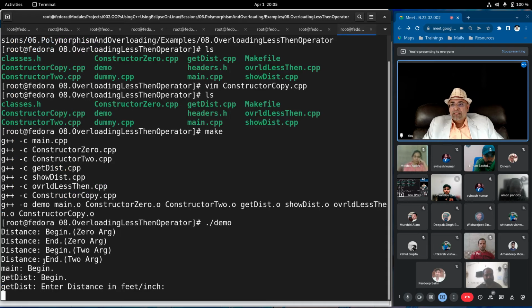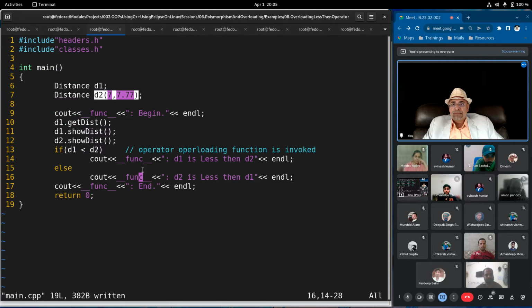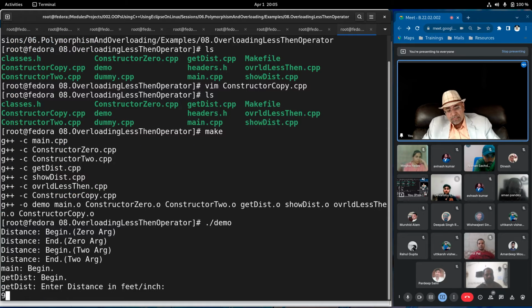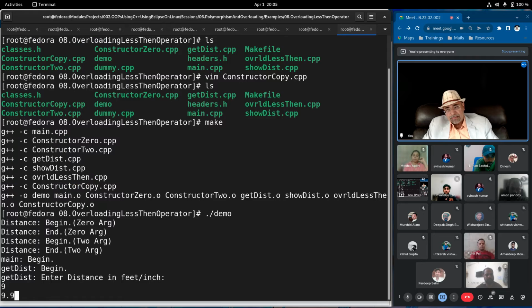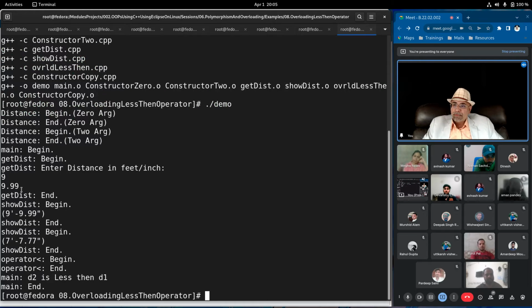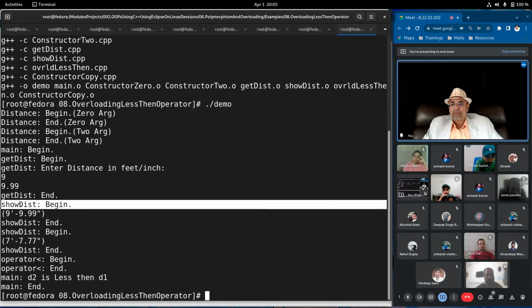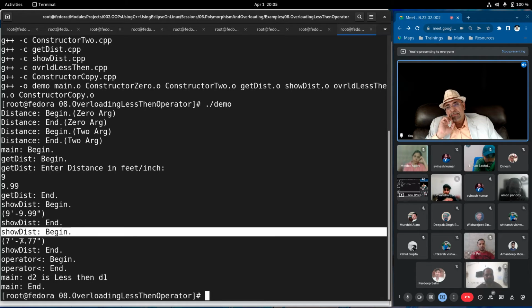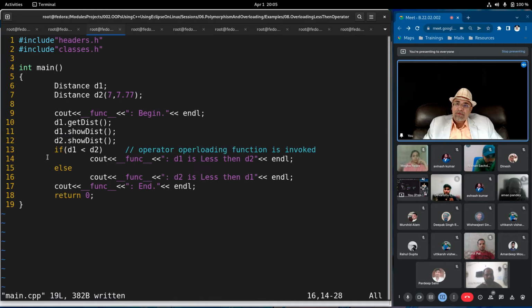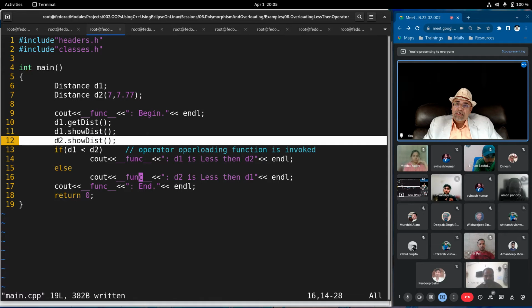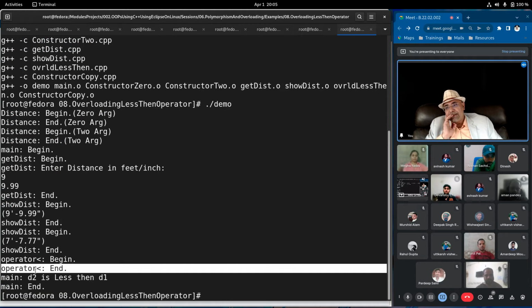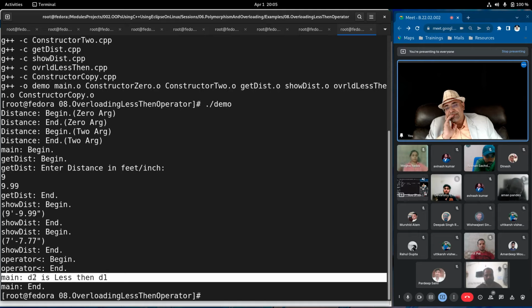Then do get distance for d1. So we are going to enter values 9.99. The moment we enter values, get distance is over, show distance comes up and displays d1, which is 9.99, and then again displays d2, which is 7.77. We have called these two functions here and here. After that, operator overloading function begin and end and determines that d2 is less than d1.